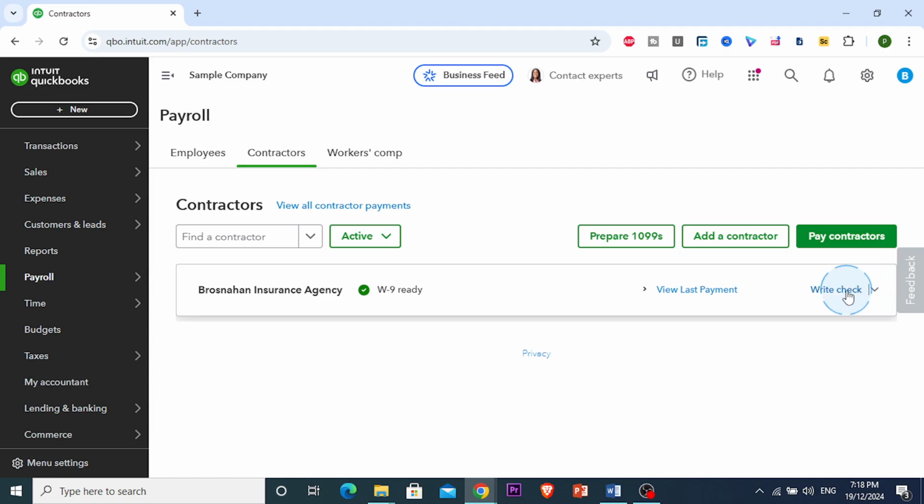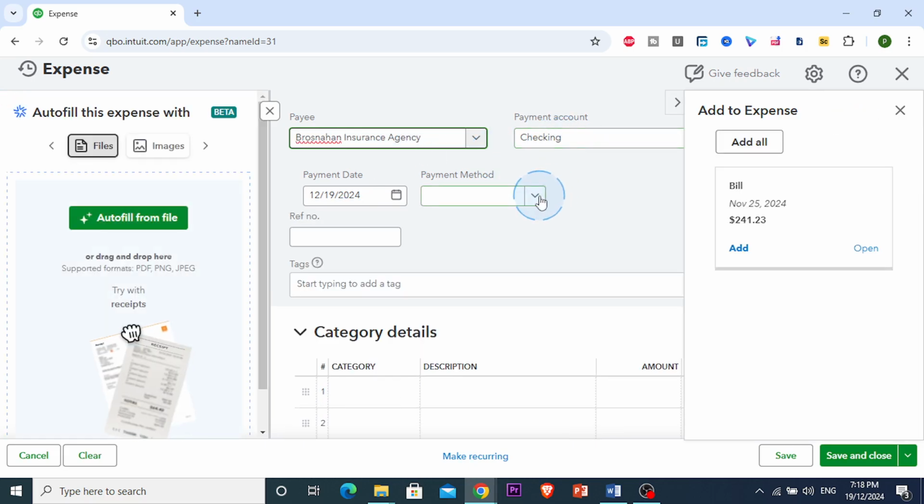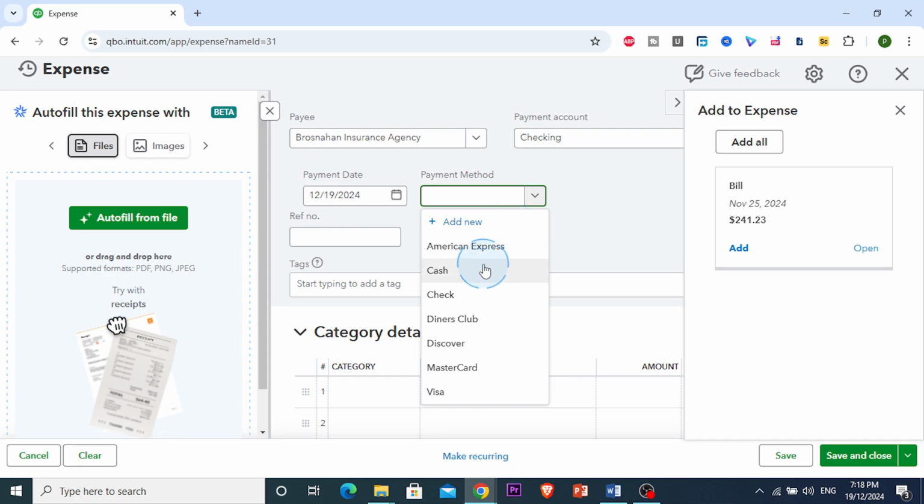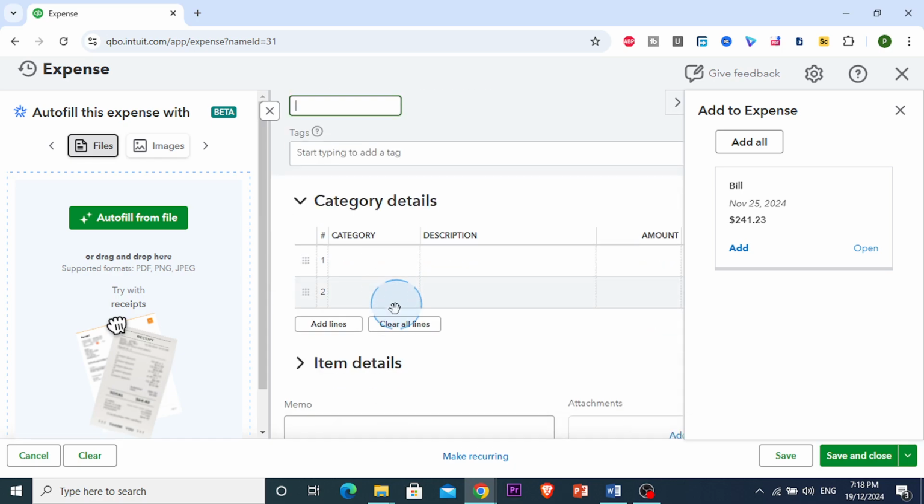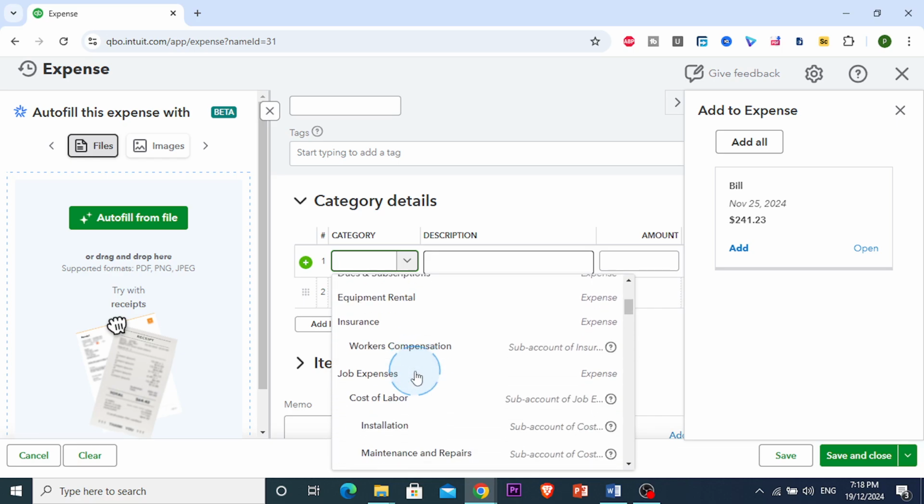So what you can do is you can click on write a check, and we can either create an expense or create a bill. And let me show you how we can do that. So this is for contractors. So we already know how to do that for employees. This is how you do it for contractors. So you can add the payment method, for example, check, American Express, Visa, MasterCard. Let's do check. We can add a reference number if you want. You can choose a category. For example, we got insurance from them